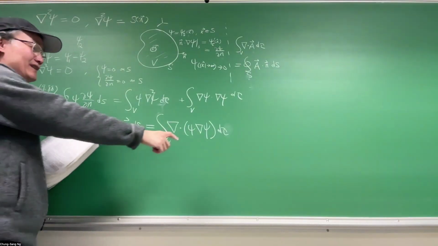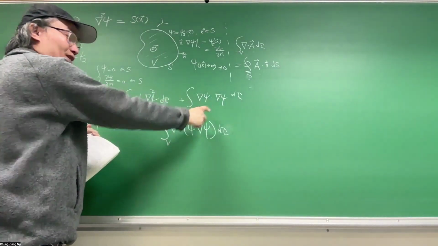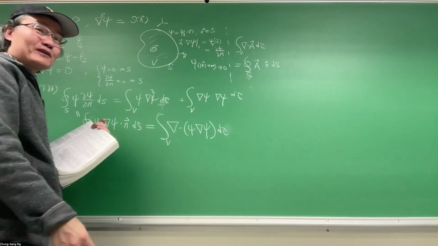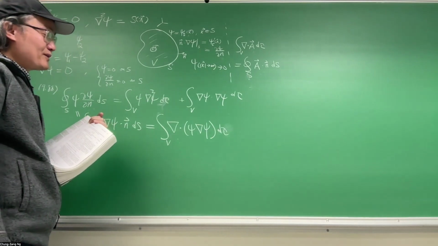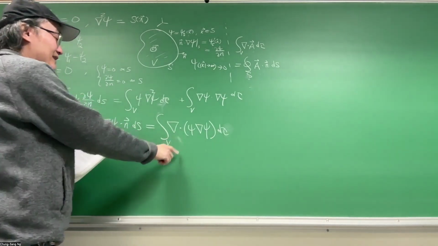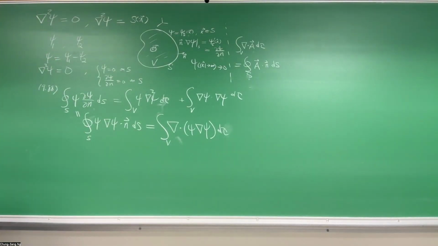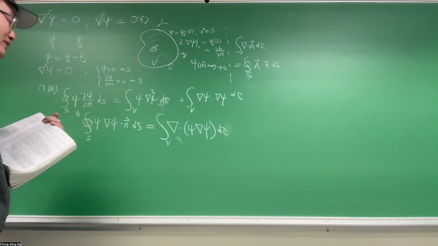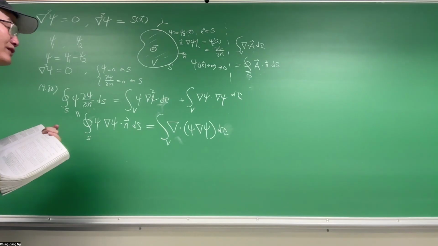Can you show that? How do you do that? Chain rule? Is it the chain rule? It's kind of like the product rule, yeah, the product rule, but it's a vector function. So either you